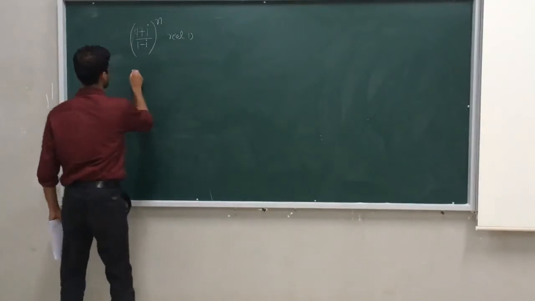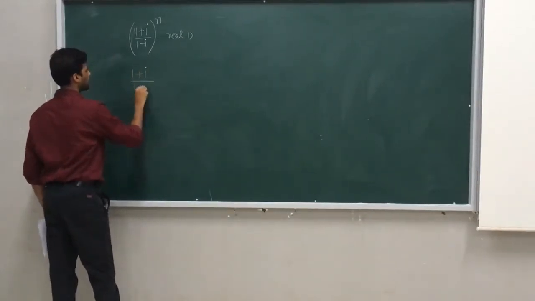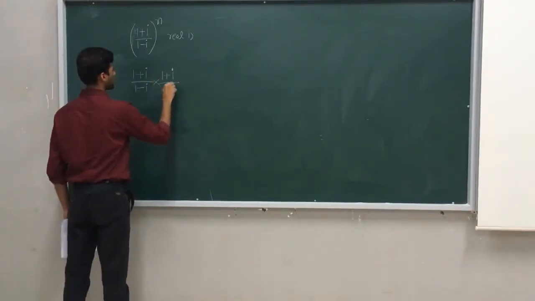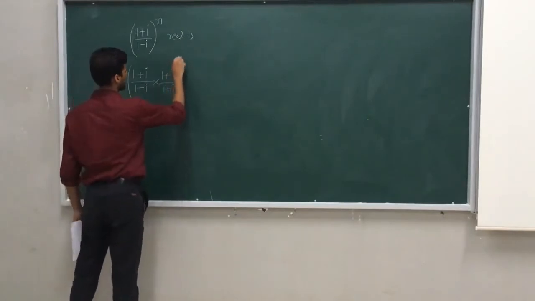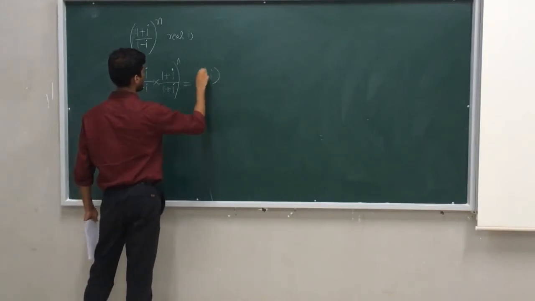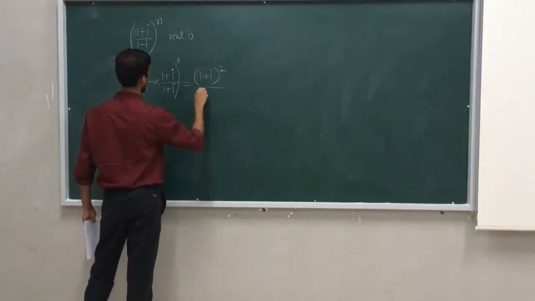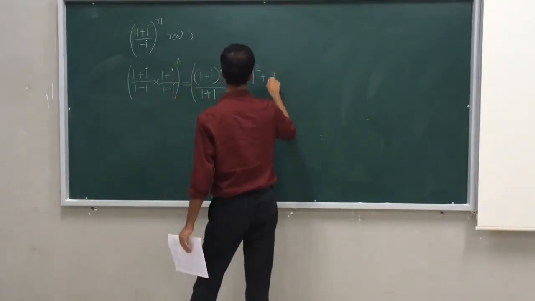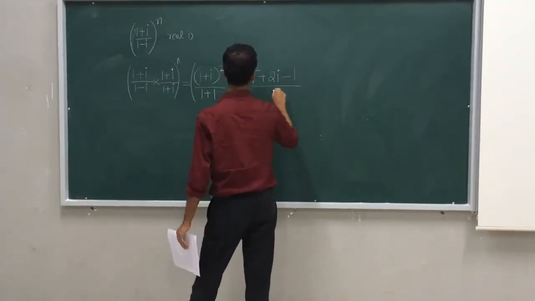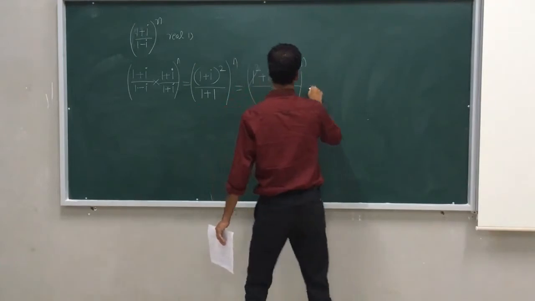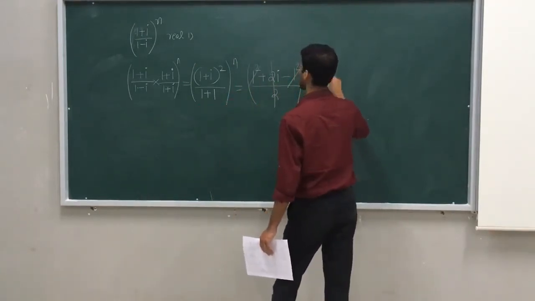So how to make it standard form? Write it as 1 plus i divided by 1 minus i, multiplied by 1 plus i over 1 plus i. These are power n. So next, we will make it as (1 plus i) the whole square divided by 1 square plus i square, which is minus 1. Write it directly: 1 square plus 2i plus i square is minus 1, upon 2, which I solved already. So I don't want to waste time here. So I have it, i raised to n.